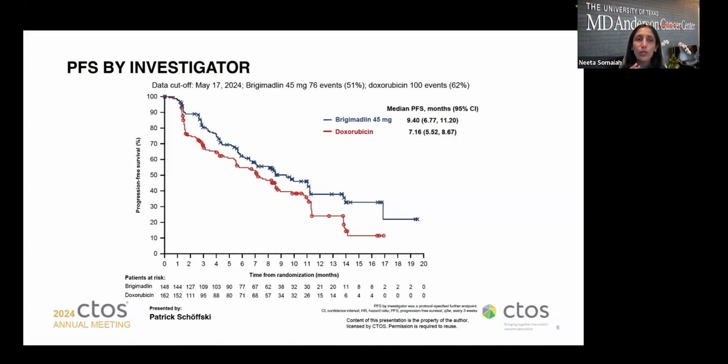So this is by what we call the first graph I showed you was based on the central review, so they want to blind the person who's treating you from the outcome. They have a central review investigate what is the outcome. But the investigator can also look at the scans and give their assessment of which one's working the best or still working. And in this situation,